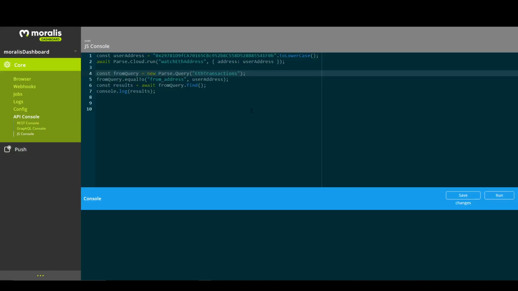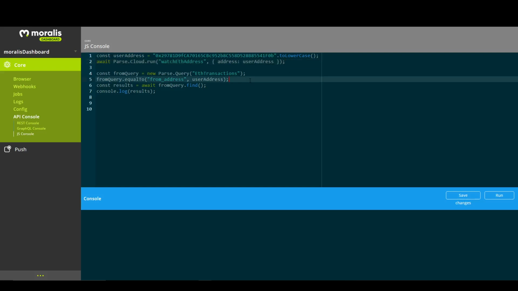We went over our paginated query for searching Ethereum addresses, and we populated that table by using the plugin for sync and watch address. But behind the scenes, it actually calls this cloud function called watchEthAddress. And we can leverage that to do our searches for an address when a user puts that address in